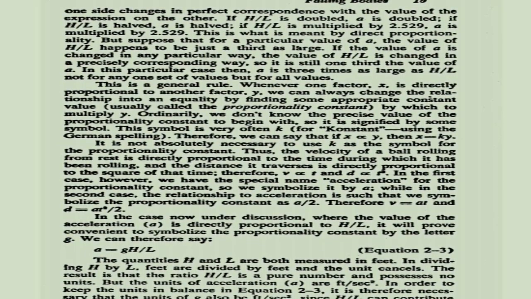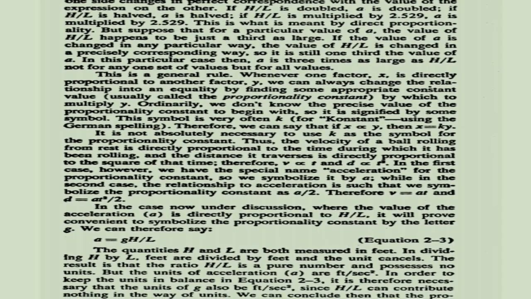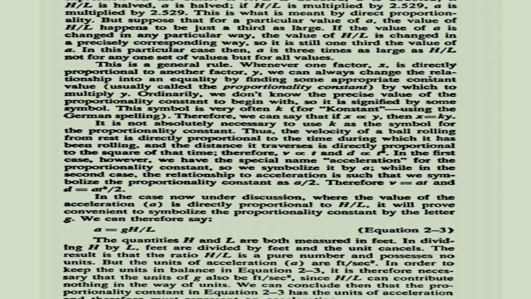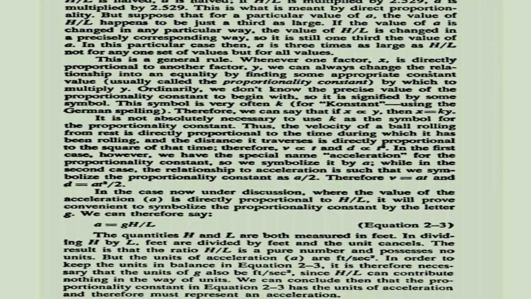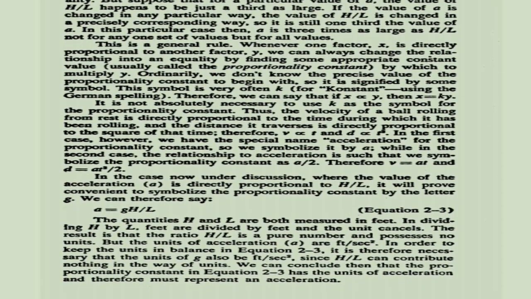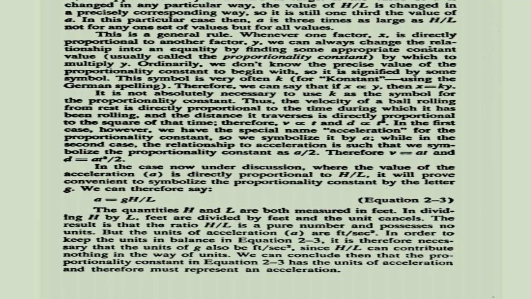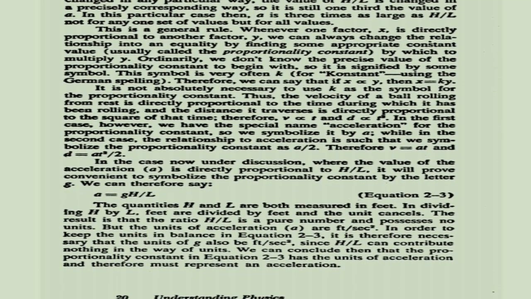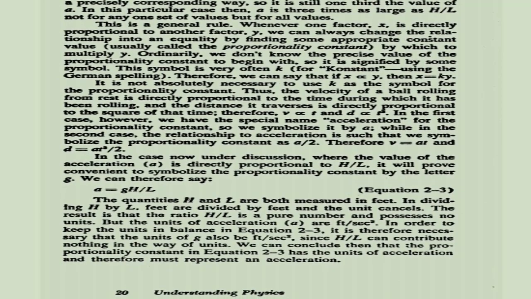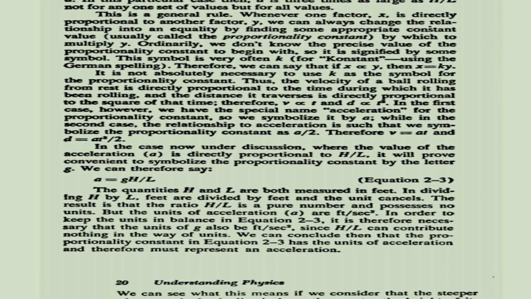In dividing height by length, feet are divided by feet, and the units cancel. The result is that the ratio, height divided by length, is a pure number and possesses no units. But the units of acceleration, a, are feet divided by seconds squared. In order to keep the units in balance in equation 2-3, it is therefore necessary that the units of g also be feet divided by seconds squared, since height divided by length can contribute nothing in the way of units. We can conclude, then, that the proportionality constant in equation 2-3 has the units of acceleration and therefore must represent